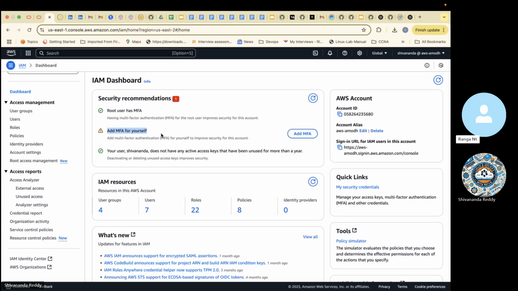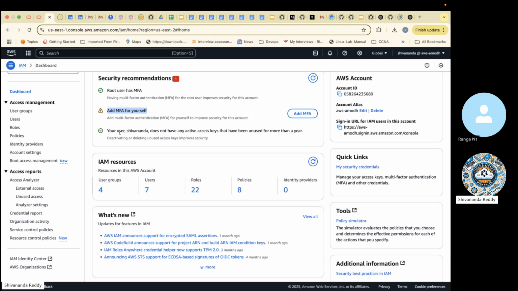If I enable this, I'll get confused. If the office account asks for an OTP and I unfortunately enter this OTP, my account will get locked. I understand, it's not the best practice, but we need to enable the MFA. That's the best practice.